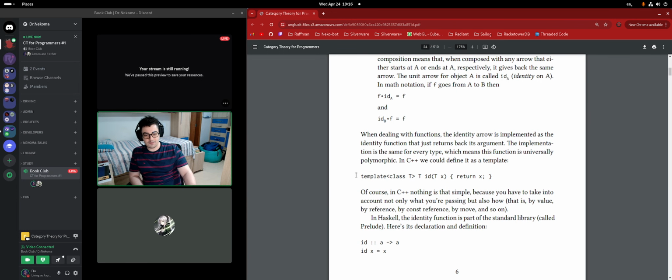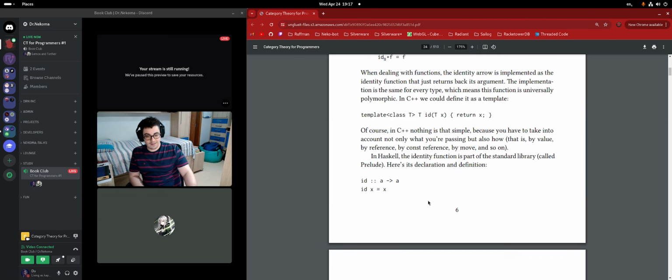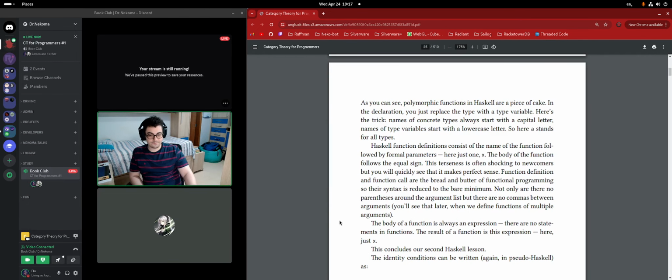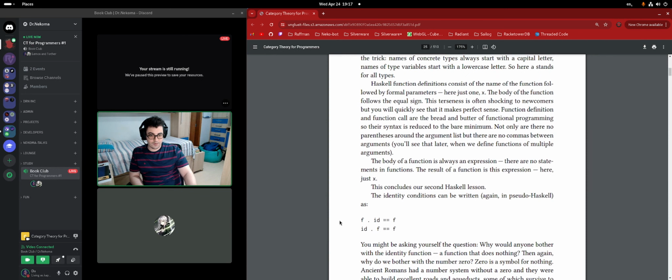So the author also wants you to understand that this can be done in other languages. We have a little bit of the C++ templates here. This is how you do identity in Haskell. And here is how we can, and again, this is pseudo Haskell,